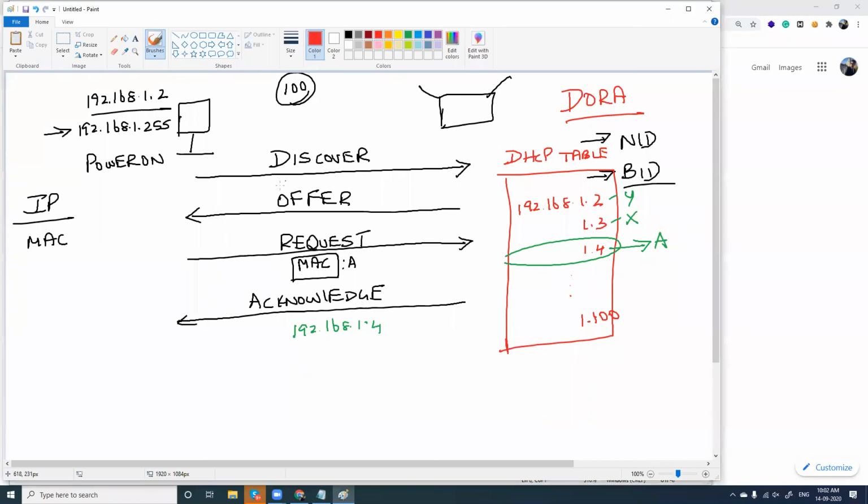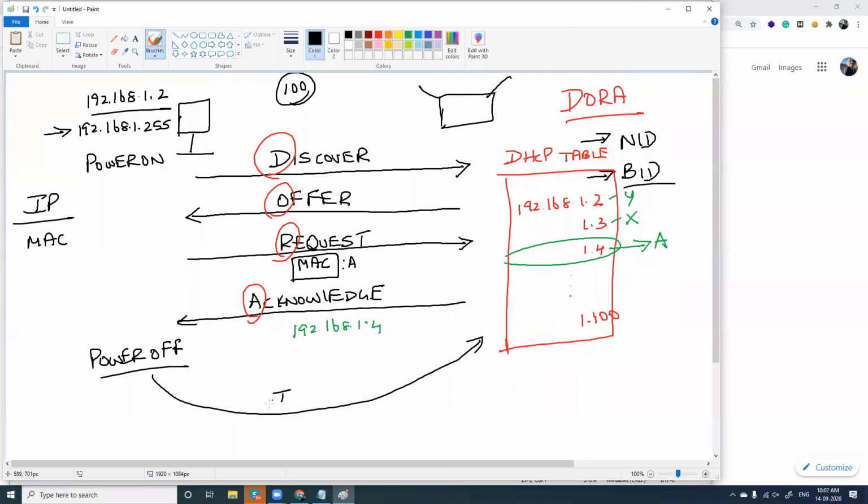That is why it is called the DORA process. D-O-R-A: Discover, Offer, Request, and Acknowledge. Right? And later, when your computer shuts down, it will return the IP address back to the modem, and it will again use an IP address only when it turns on.